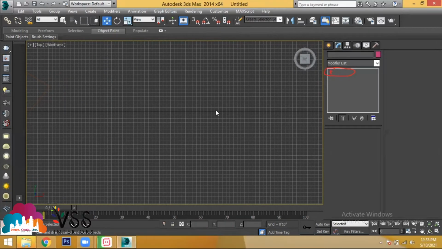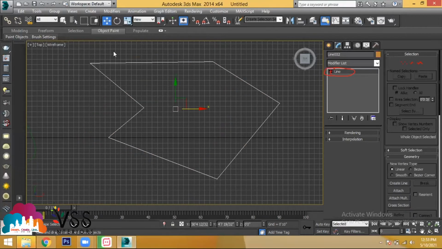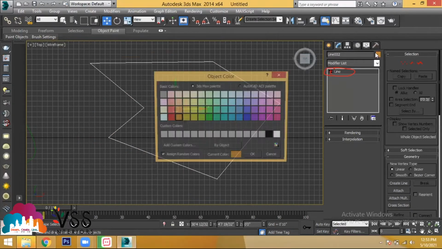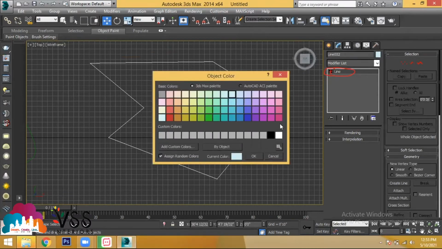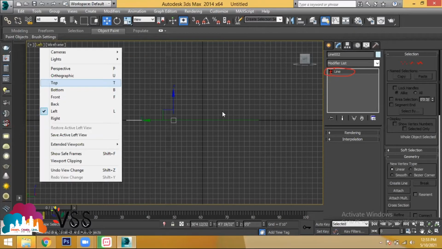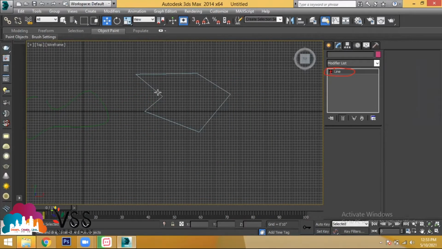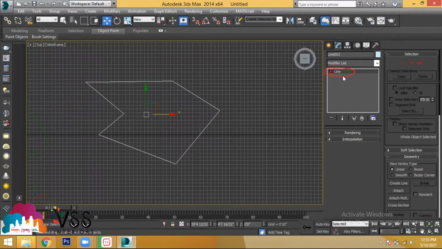Let's go with the line tool. And if you see the object I've selected, if you want to show the object in a light shade, you can click this color option and you can change to the light shade for selecting the object properly. Even if you deselect, you are able to see the object properly. Click this. And here you are able to find the option called a plus option beside the line. Let's click this plus. Let's expand this.